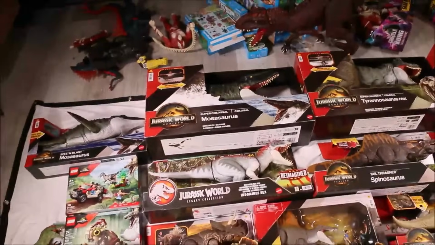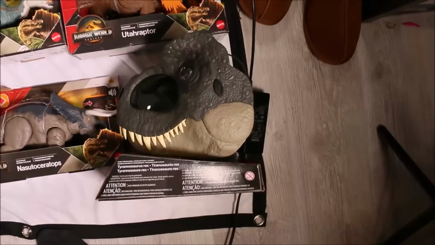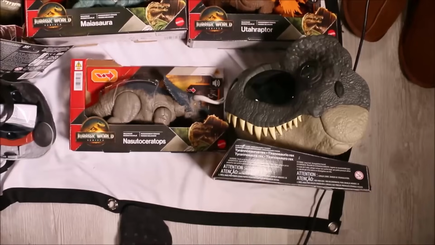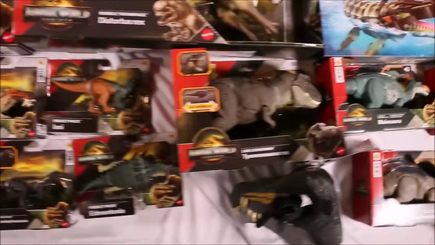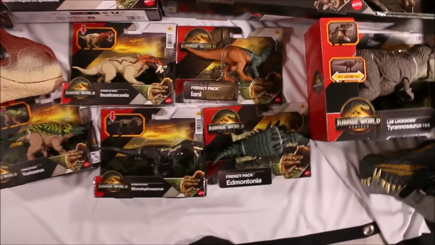Today we have 31 Jurassic World Rebirth Dinosaur toys to show you guys. Wow, these are awesome. We've got the Tyrannosaurus Rex LED mask, the Wild Roar Utahraptor, Wild Roar Nasutoceratops, Wild Roar Maiasaura, Spinosaurus, Lab Lockdown Tyrannosaurus Rex, the Iani, Indominus, the Mosasaurus, Edmontonia,